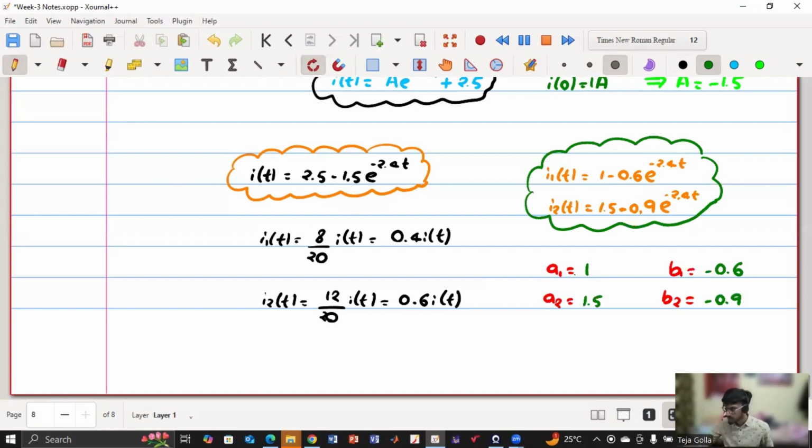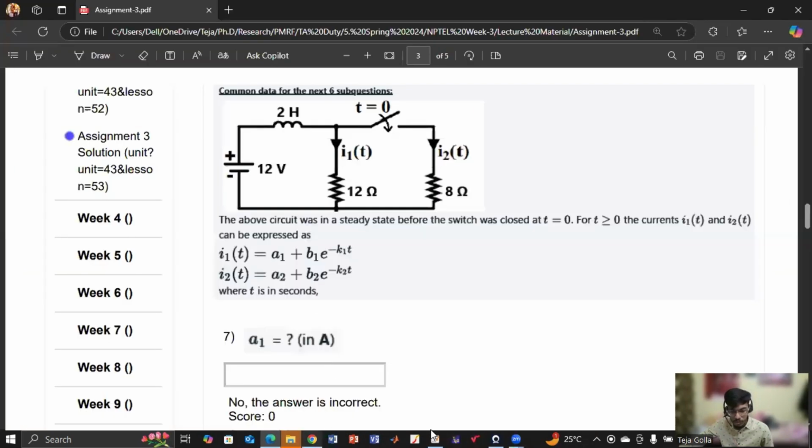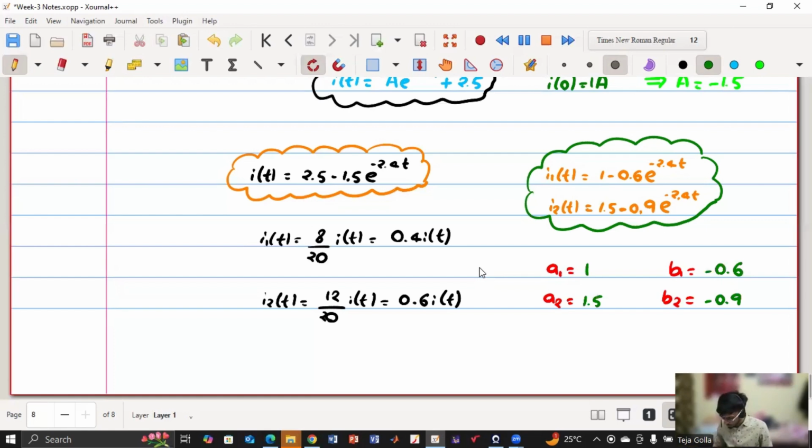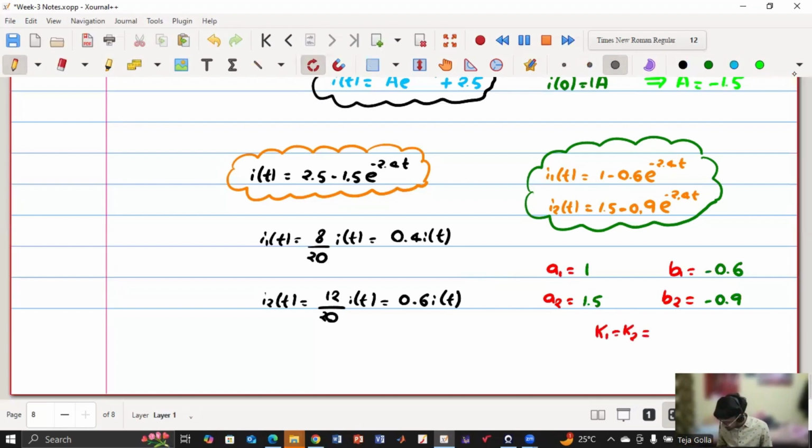A2 is 1.5, B2 is minus 0.9, K2 is also 2.4. So now K1, K2, both are 2.4. So I can write K1 equals to K2 equals to